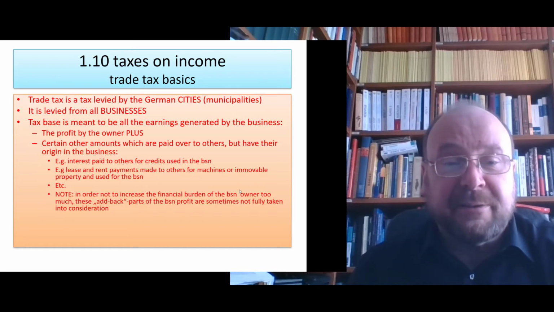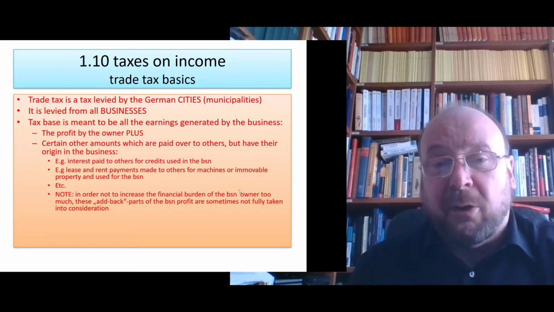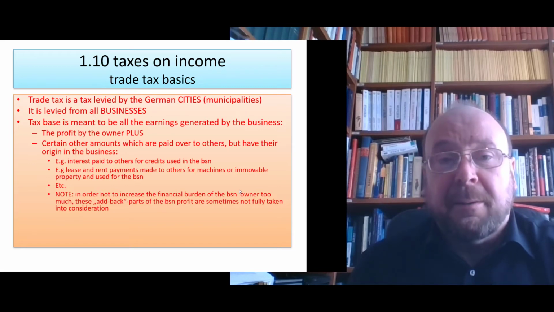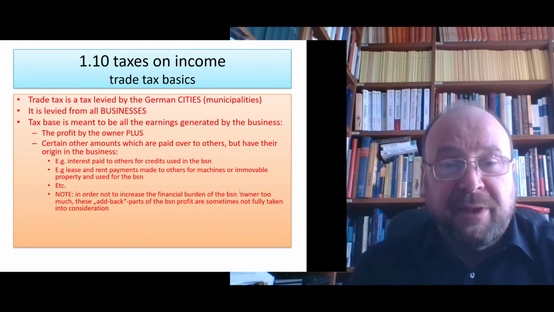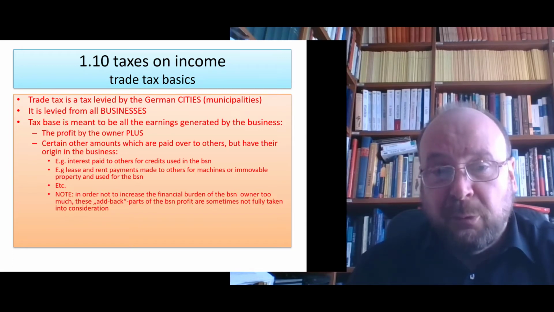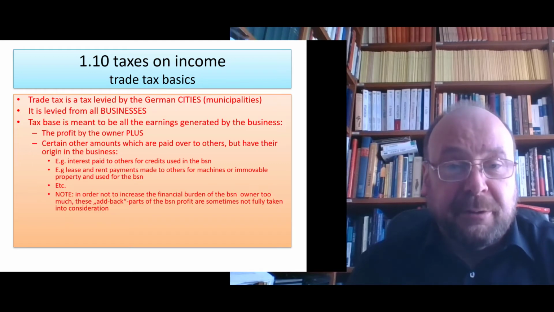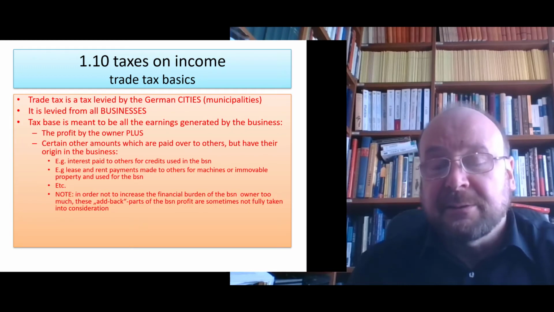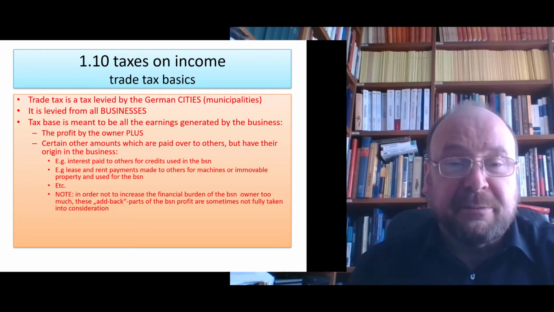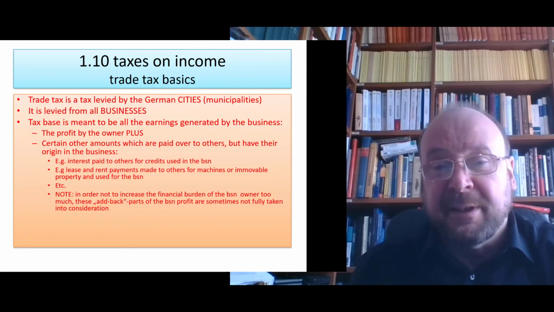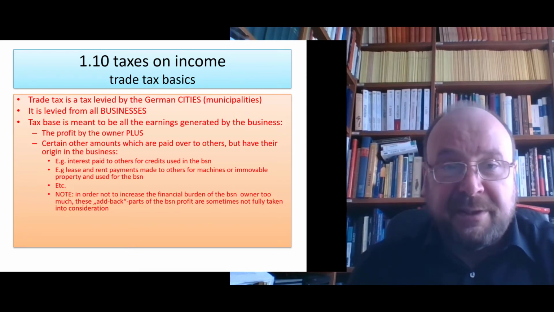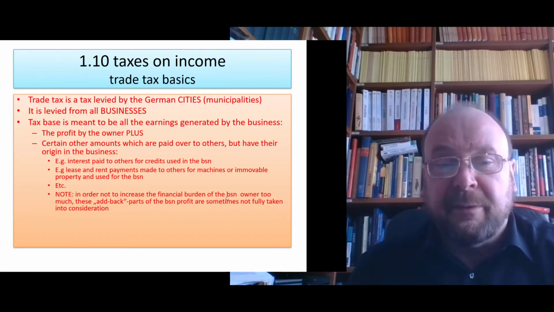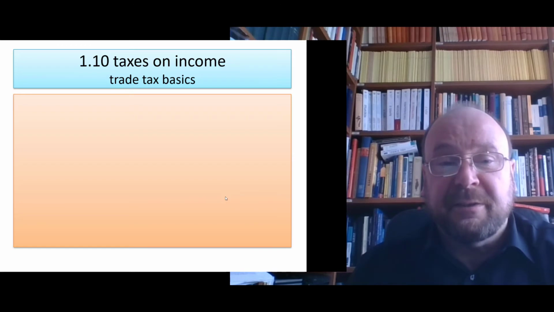And that is why historically that rule was made that all earnings generated in the business will be taxed by trade tax, irrespective of to whom they are paid over. Well, if you need particular details, you would have to read the German Trade Tax Act. So a bit of your payments of your business expenses, at least the ones listed here, will be taxed, but not everything. Remember, compromises have been introduced.